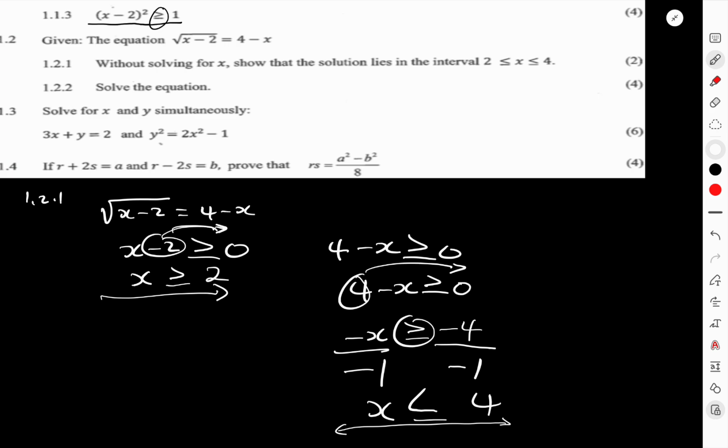So here we do not solve, but we used delta to say that for us to have real numbers, the number that is inside the square root should always be positive. Now let us do